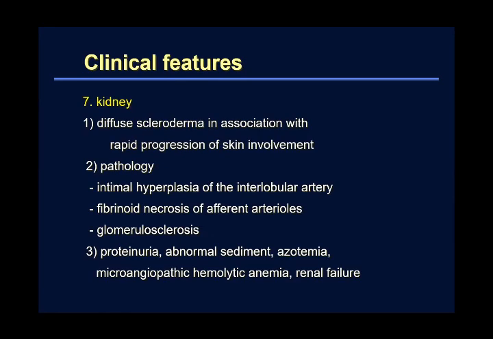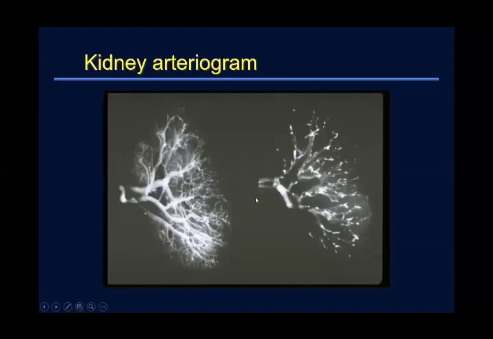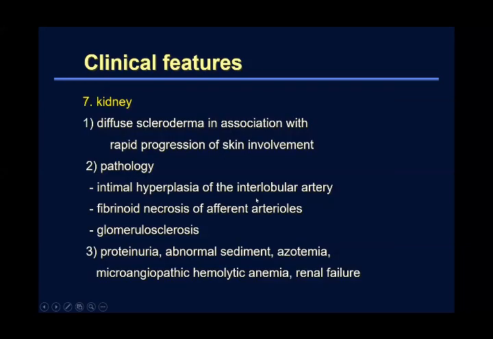Renal manifestations are very, very important because these are the patients who have intimal hypertrophy of the small capillaries of the kidneys. Small vessel capillaries leading to activation of the renal angiotensin system. So in diffuse scleroderma, the patient will have rapid involvement of the kidneys with intimal hyperplasia and interlobular arteries. There is a fibrinoid necrosis of the afferent arteriole leading to glomerulosclerosis. So this is the cascade of events that lead to renal hypertension, and the patient may have proteinuria, abnormal sediment, azotemia,